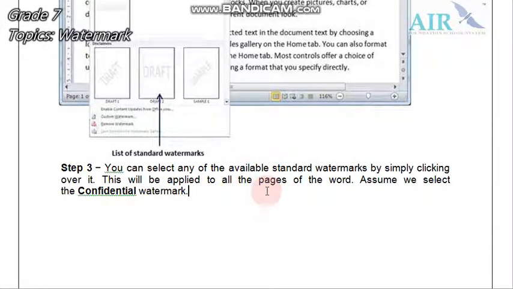This is very interesting, students, that let's suppose your document is comprised of 3 pages and you're supposed to insert a watermark in a Word document. Then it is not like you have to insert a watermark on each page individually. No, you just have to insert a watermark in the very first page and it will automatically be inserted into all the pages of your Word document.